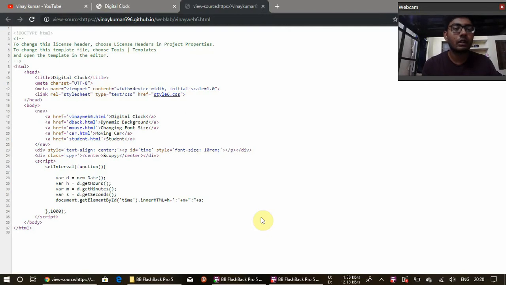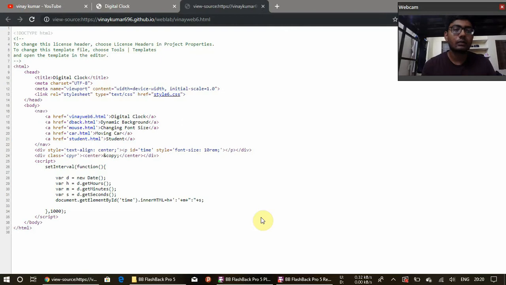JavaScript code to display a digital clock, and here is the code for the digital clock. In that I have given a heading, digital clock, and a span with id equal to time, and I close the span tag. Then in the script I define a function display, and I call the time display function every 1 second, and then I get the time, and I have declared a variable d,